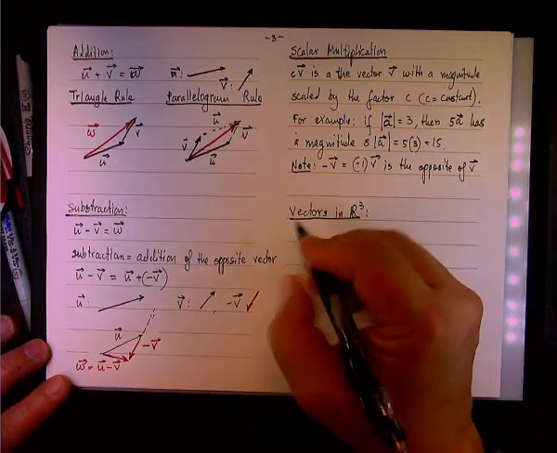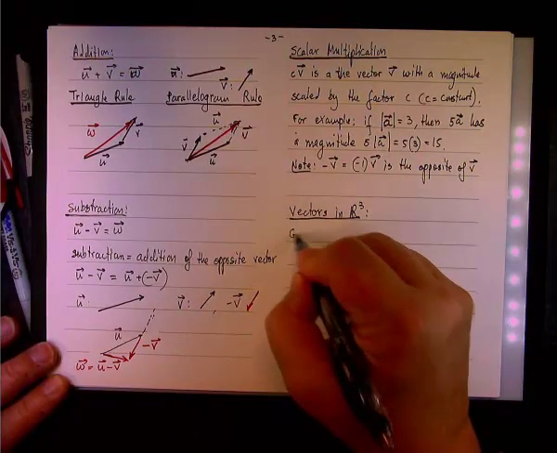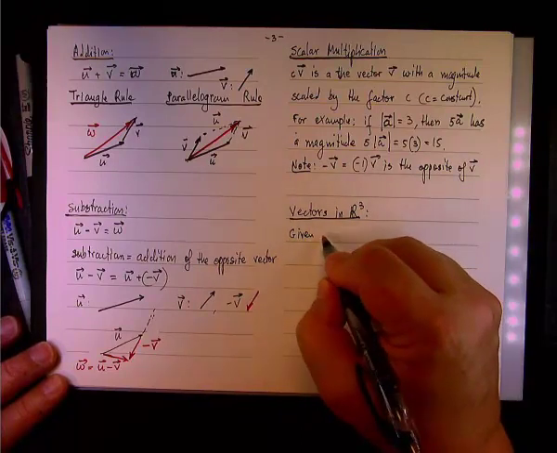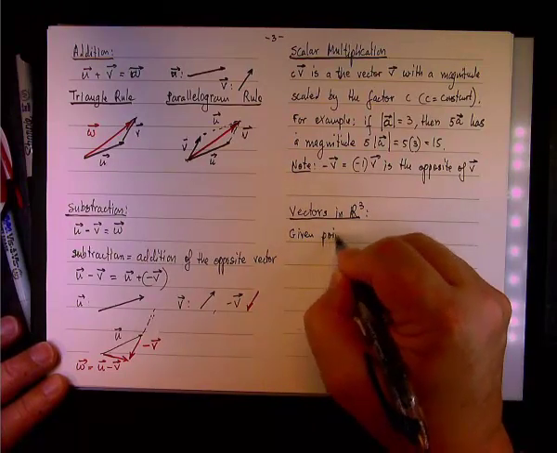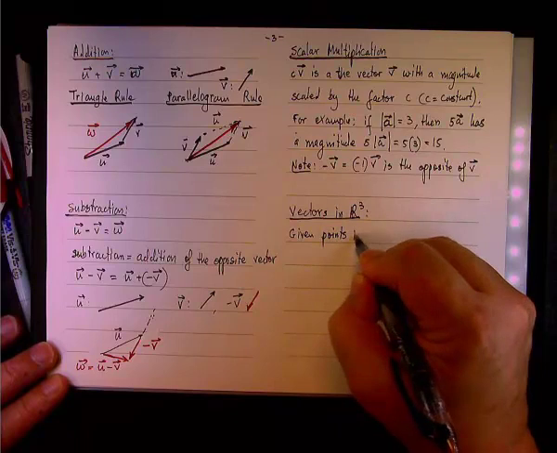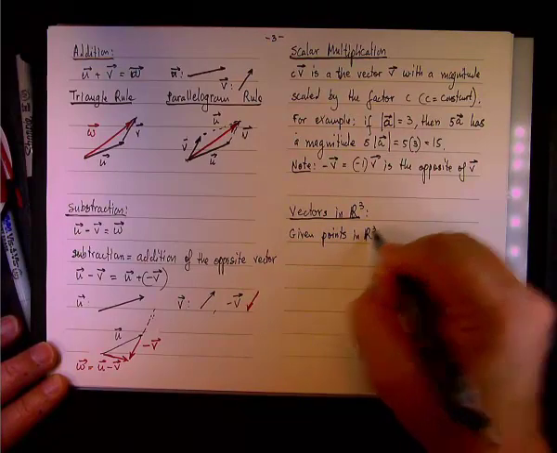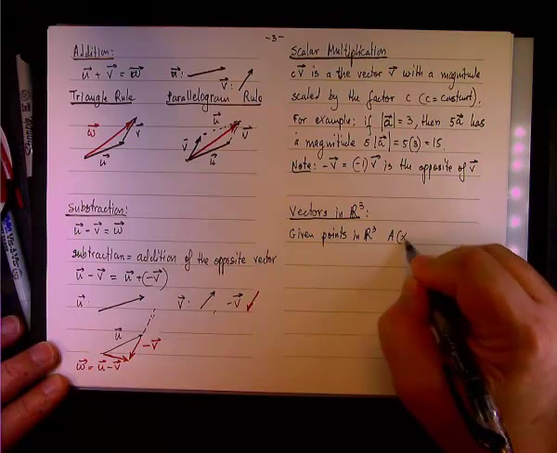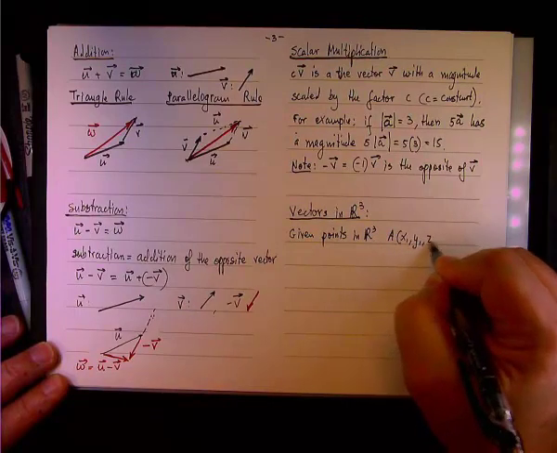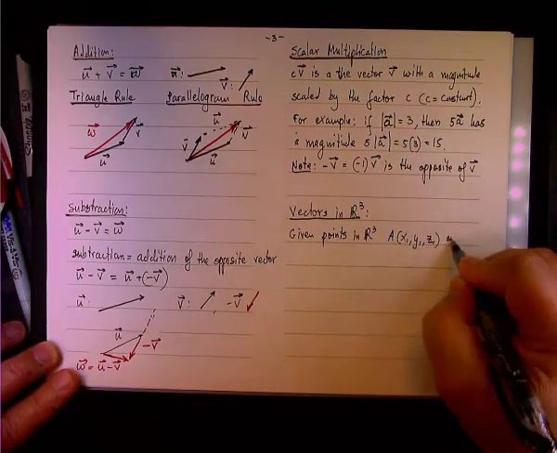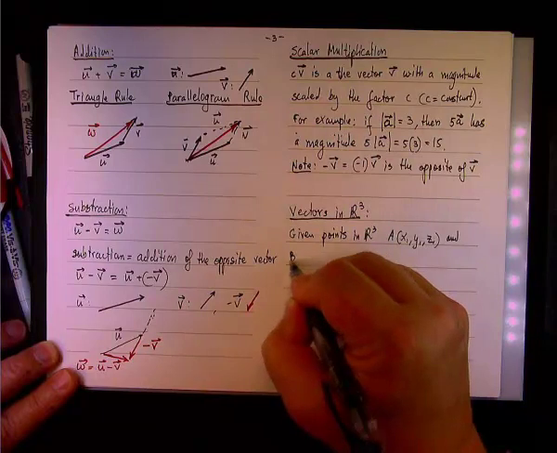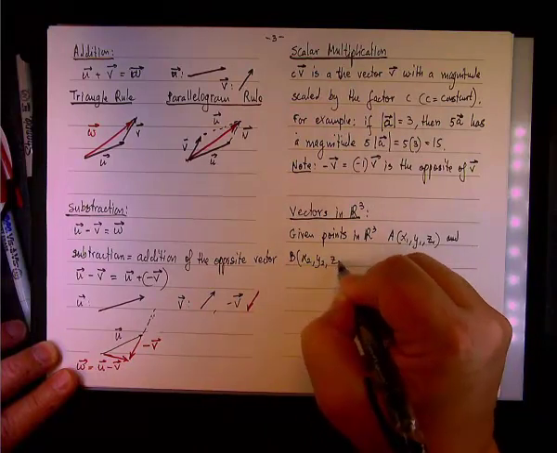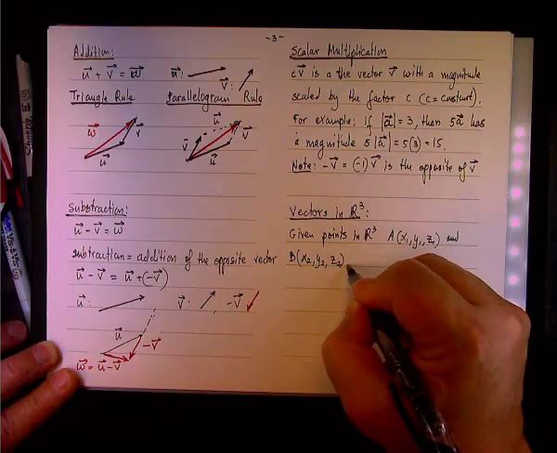All right, so let's say that given 2 points in space, given points in R3, let's say A that has coordinates x1, y1, z1, and B that has coordinates x2, y2, z2, okay,